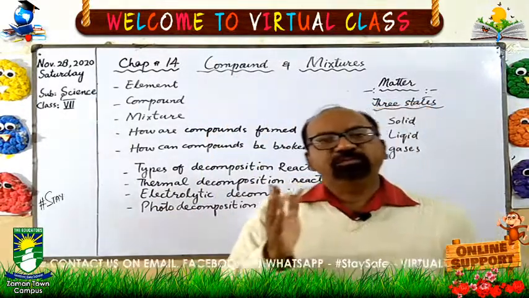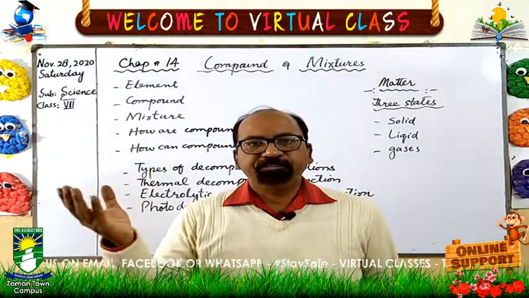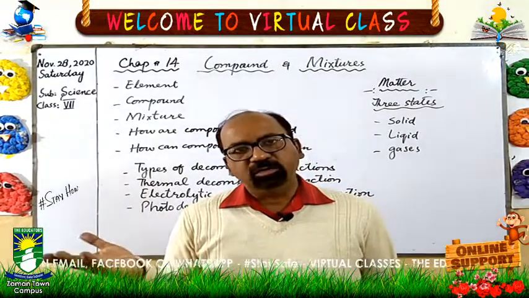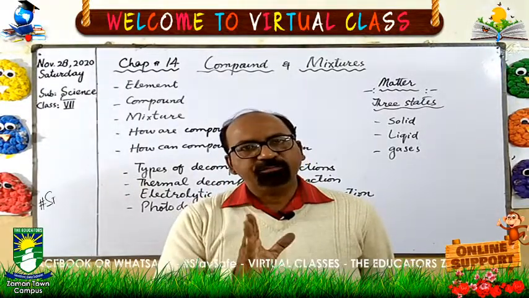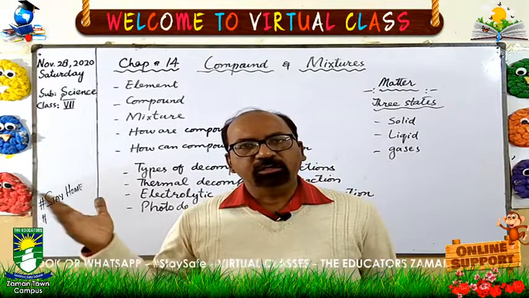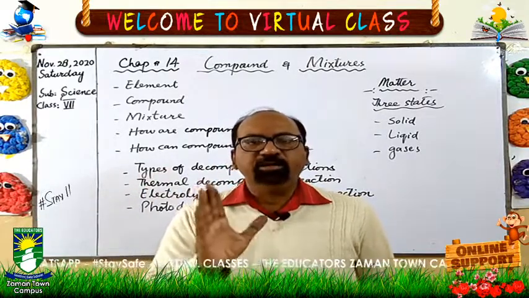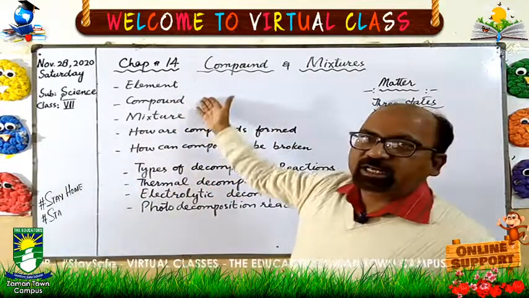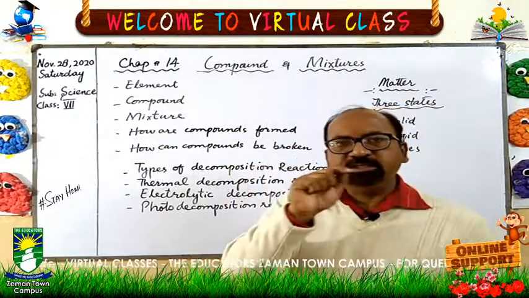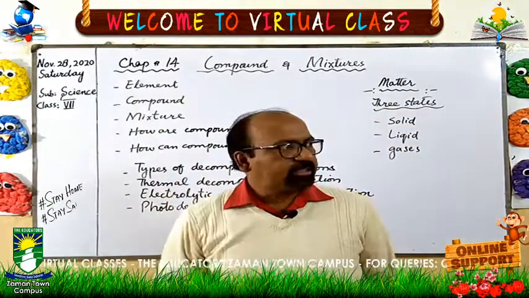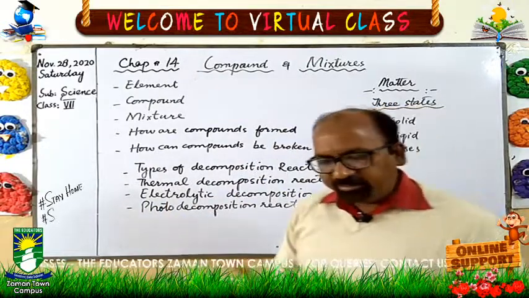Elements are of different types, like different gases are also examples of elements. Some elements are present in the solid form like iron, gold, nickel, cobalt, bronze. Bronze is not an element anyhow. So these are types of elements, like hydrogen, oxygen. These are gases, but these are elements. So what is element? Element